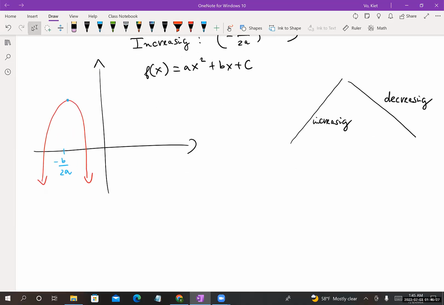Okay. So when you get to calculus, you learn that we have a name for the point where the function changes its behavior from increasing to decreasing or decreasing to increasing, and that point is called a critical point. So there's a critical point here at x equal to negative b over 2a. So here, in this example, for a less than 0, when it opens down, the interval where it's decreasing is